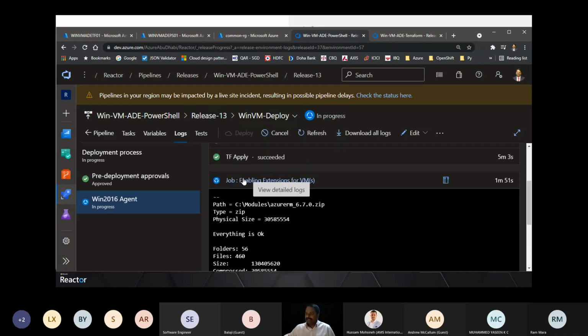So I just named it as enabling extensions for virtual machine. You can write your own code and you can add multiple extensions. Either you can add your Azure CLI here to the pipeline after VM creation. As I talked about, virtual machine extensions are nothing but a way to do post provisioning. You can do any sort of jobs which are required for the post provisioning of the virtual machines.